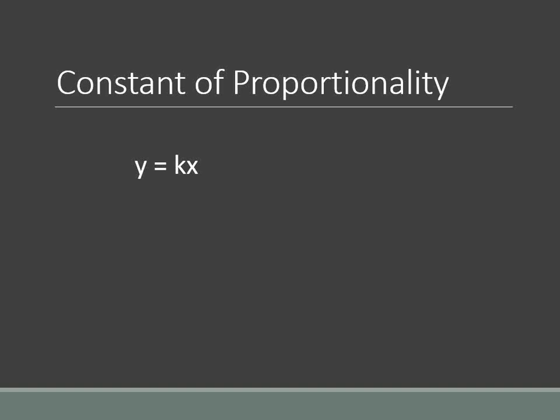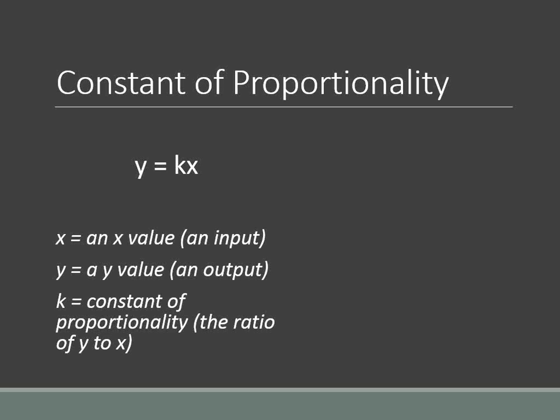To start about discussing the constant of proportionality, it has everything to do with this equation. This, again, is the equation that shows direct variation. This looks like algebra, so let's break it down. The x in this equation just means an x value or an input, and the y just means a y value or an output. And k stands for the constant of proportionality, or another way to say that is the ratio of y